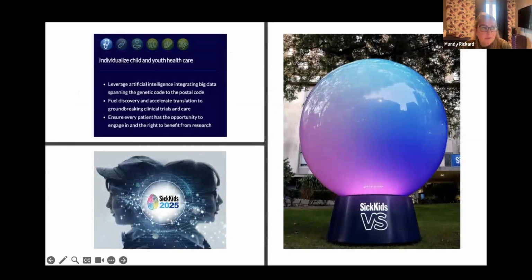And so just as we can see from the last paper I showed you about the steep increase in machine learning publications over recent years, this type of work is also being endorsed by institutions who see this as important for personalized medicine. In fact, the new Sick Kids campaign is called Heal the Future, which is centered on personalized medicine. And this is also a core part of the 2025 strategic plan at Sick Kids. And so the work I'll present to you today ties into this plan and campaign and our institutional values.